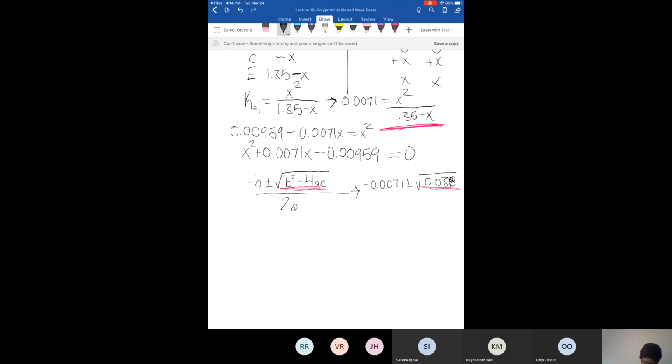If you catch me in a mistake, please let me know, or even if you just don't know how I got somewhere. Now if I work this out, and I am rounding,